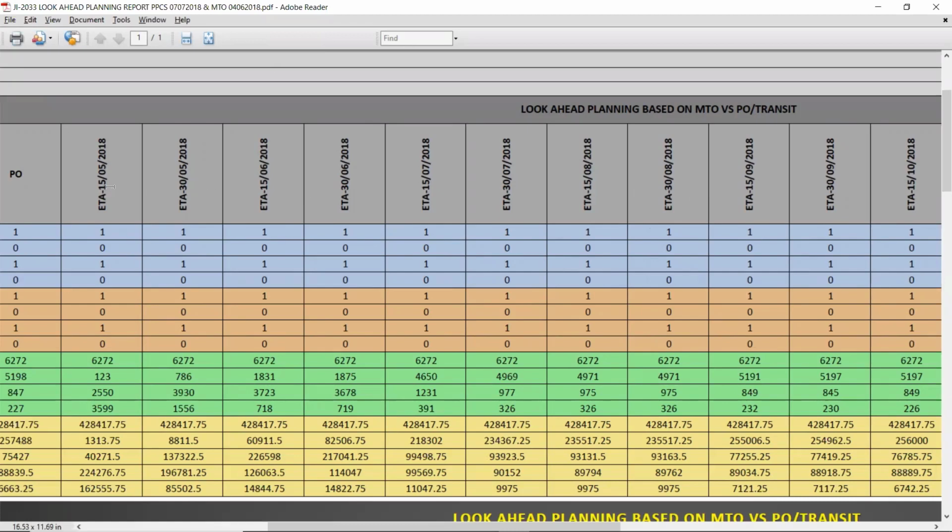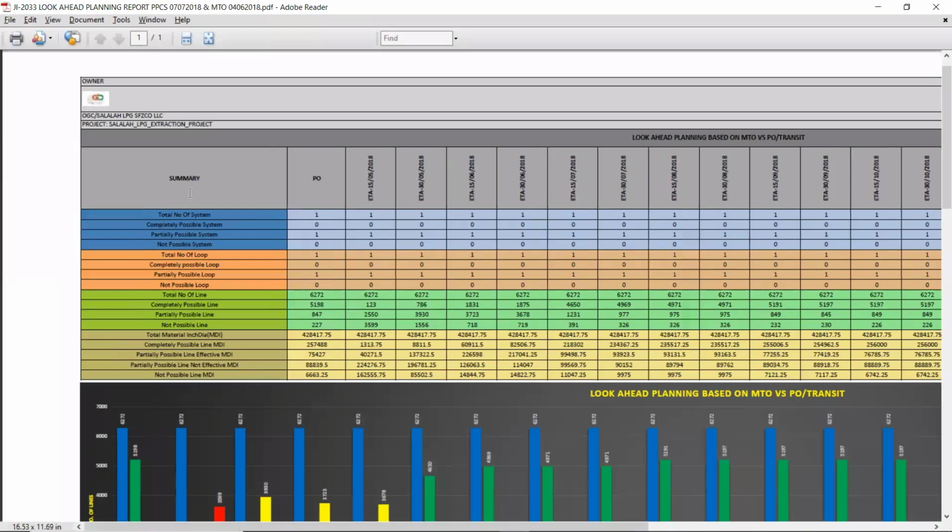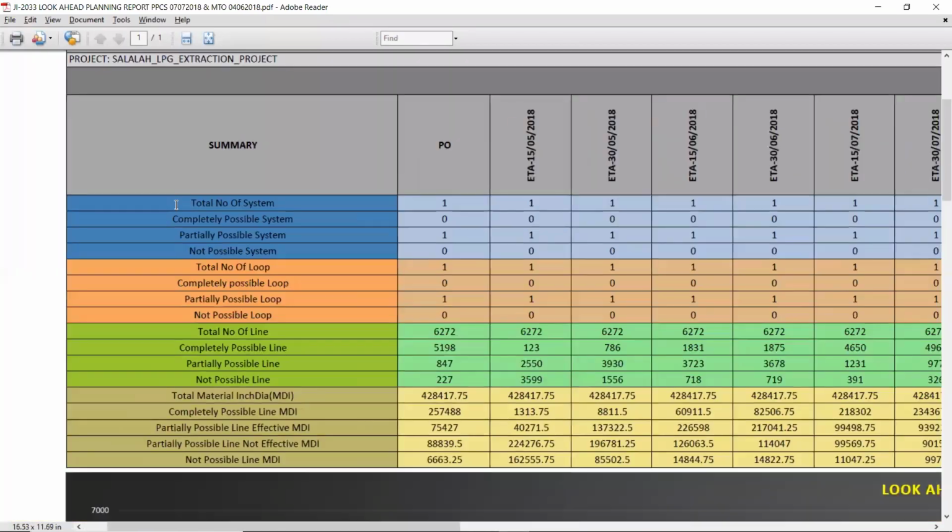On the top in the labels, dates are also provided. Now, against what am I looking at this analysis? We can see in this summary that this analysis is done on the isometric side. System, group and loop are the two inputs shown over here. So this particular analysis is done for the system and loop.